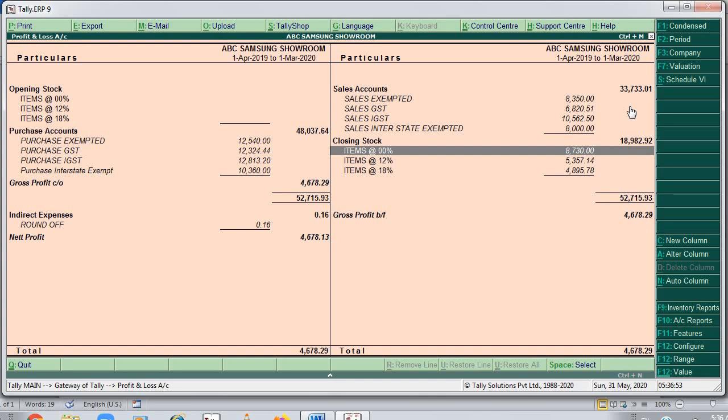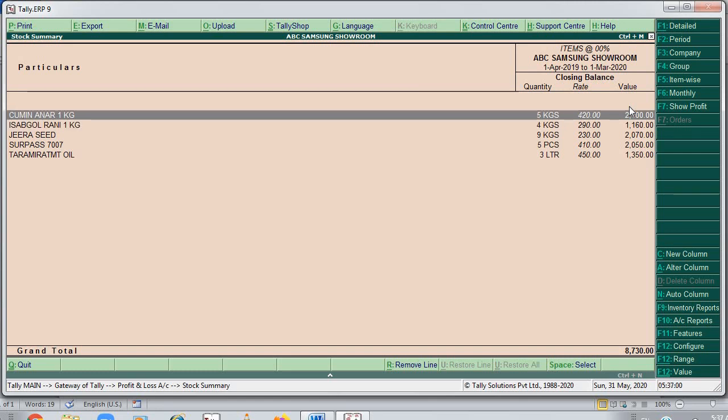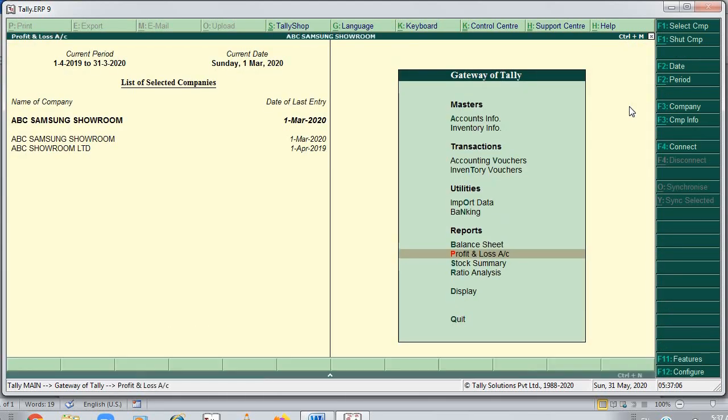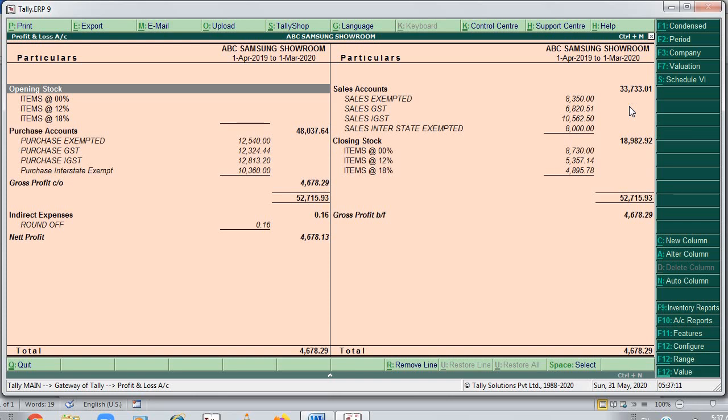So how much stock I am having, let's say how much stock of 0% I am having. So much stock is there in my business. So in future I will sell either on credit, or on cash, or through bank. So in that way I can generate the money in my business. So this is about profit and loss account and balance sheet. This topic is very huge. I have just restricted to the entries we have done. I hope you have got at least a basic idea about the profit and loss account and balance sheet.